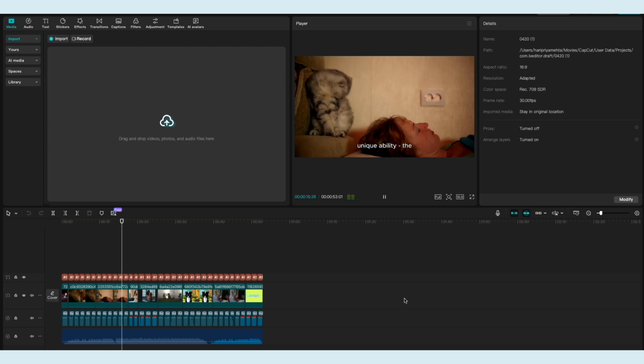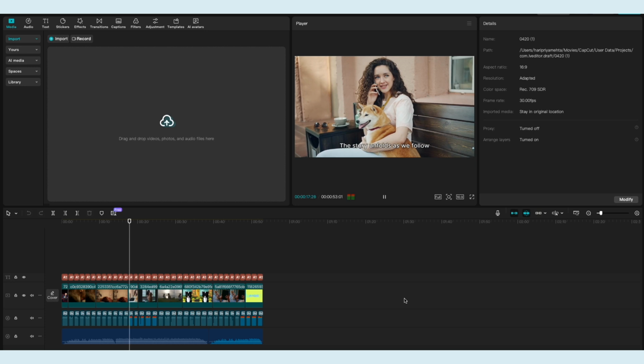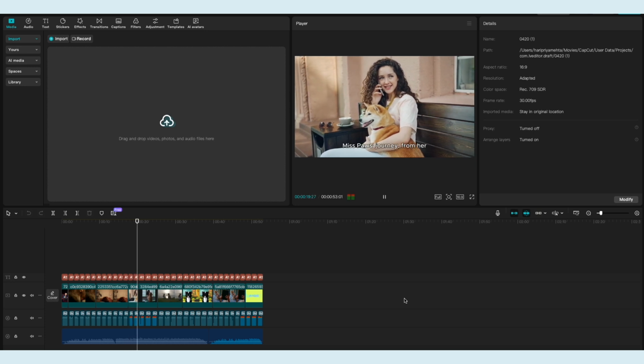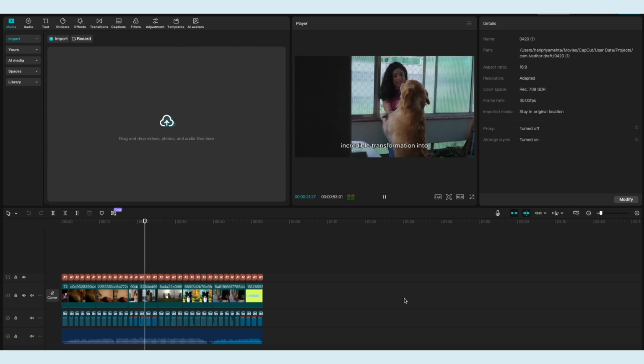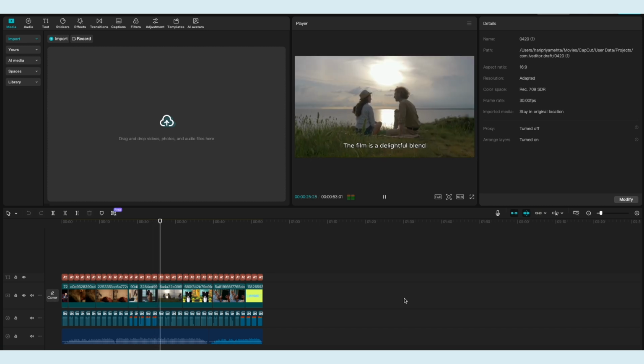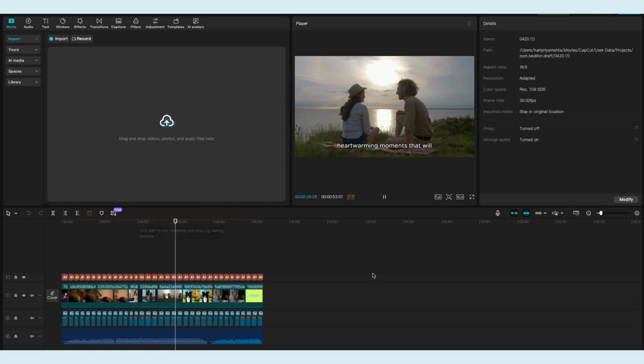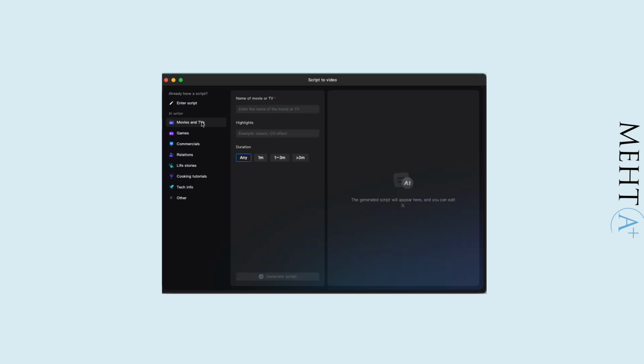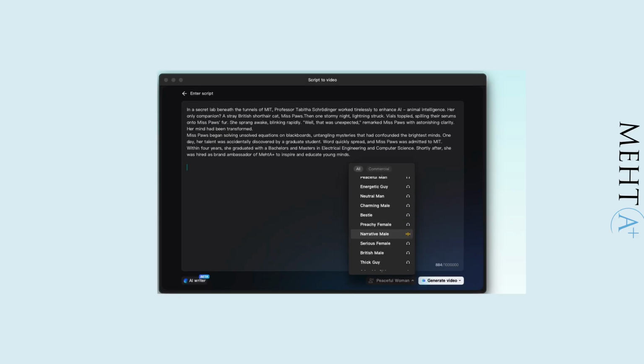Since this is a screen recording only, you can't hear the sound, but the video is being voiced. There are captions, and everything is editable. Unfortunately, there is no consistency between the frames, and they look like stock videos. Sometimes they turn me into a dog. Oh well. Let's create a new one with my actual script, and I'm going to choose the voice for the